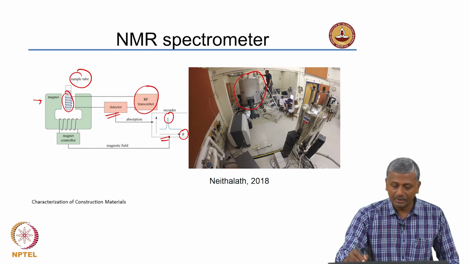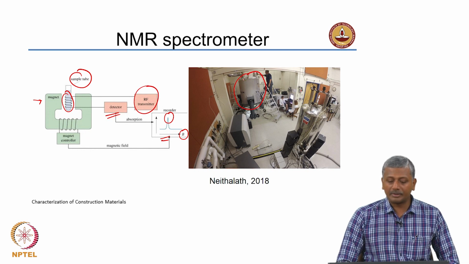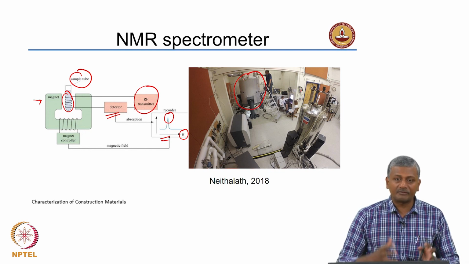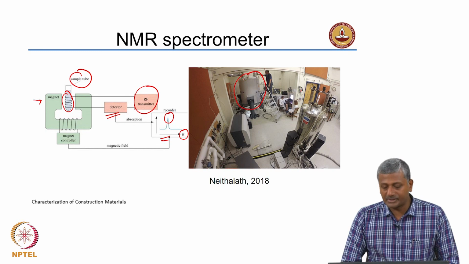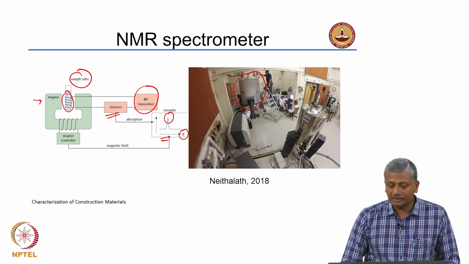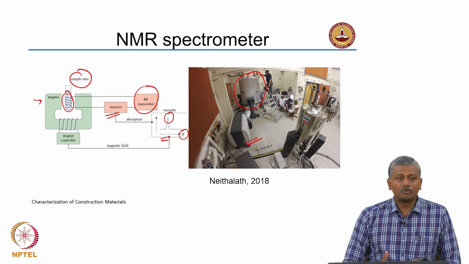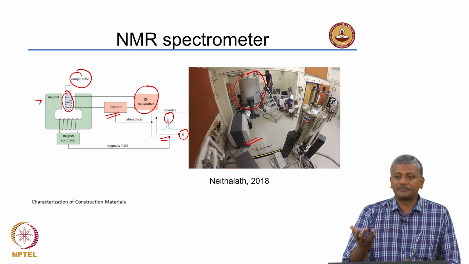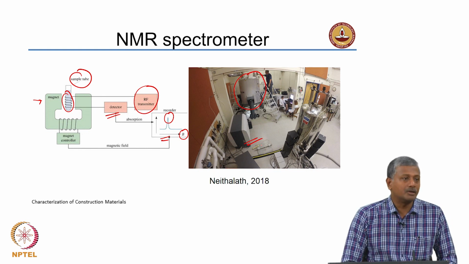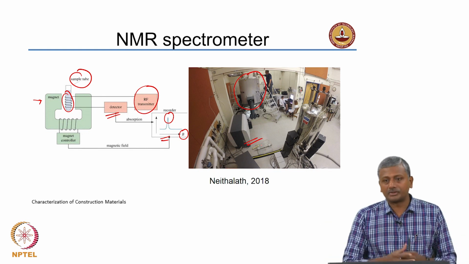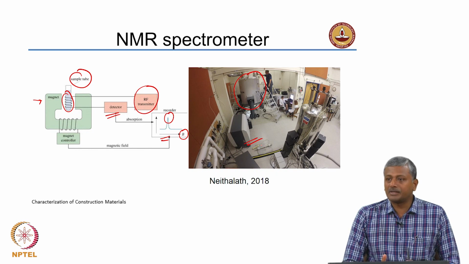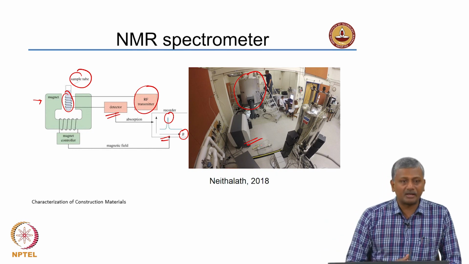So, you see here, this is the overall system in which you have the magnet as well as the introduction of the sample inside, and the remaining are basically generators of the kind of magnetic field that you have. If you go inside an MRI lab of a hospital or of a big laboratory, you will see that the instrument is fairly large, and each instrument is capable of producing different levels of magnetic fields.